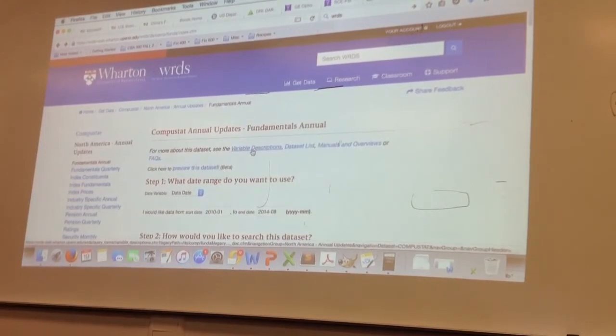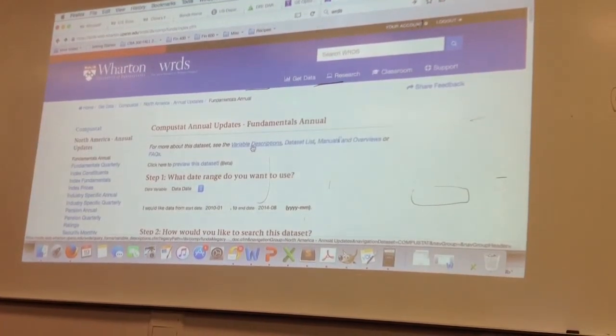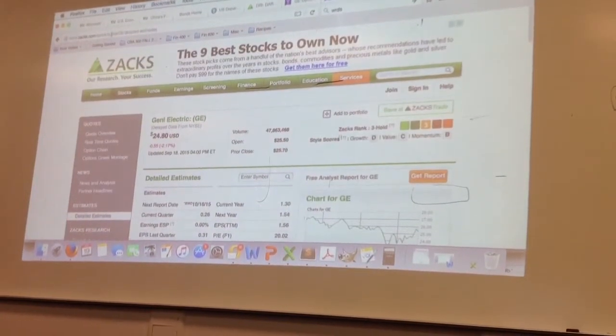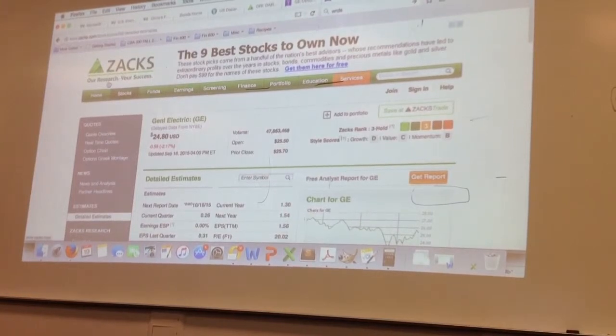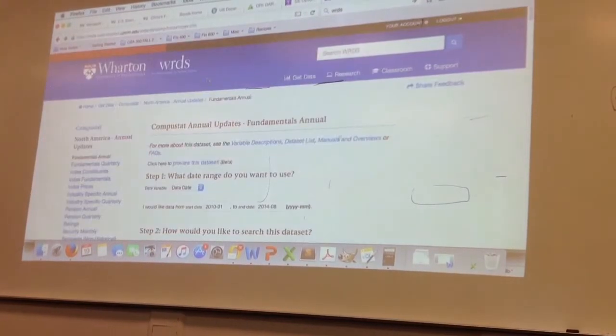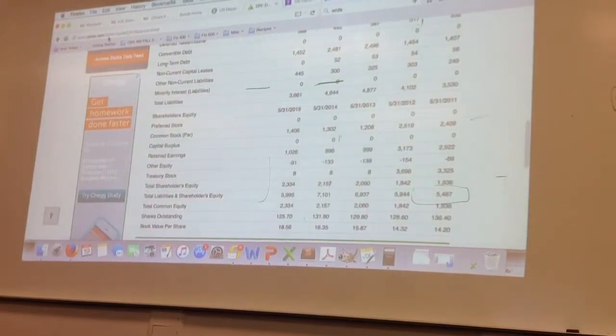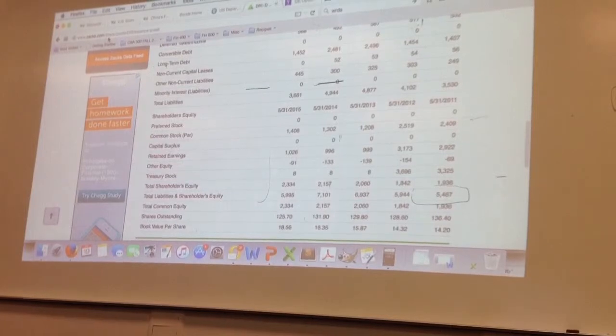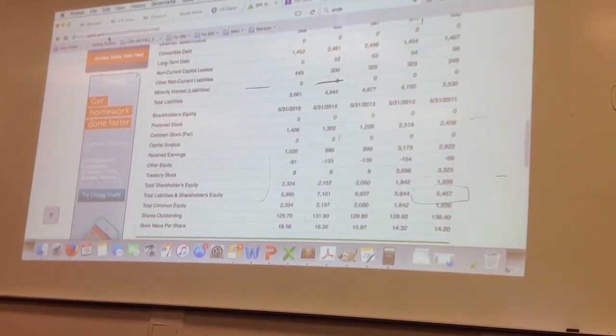Otherwise, we'll just be going to all the 10Ks. Otherwise, the 10Ks or the other website that I like is this. I use this, and Zacks is part of what is available for free, but they're also available here, but we don't subscribe to them here. This website is called Zacks.com. Zacks is actually much better than Yahoo Finance. Their information is much more reliable